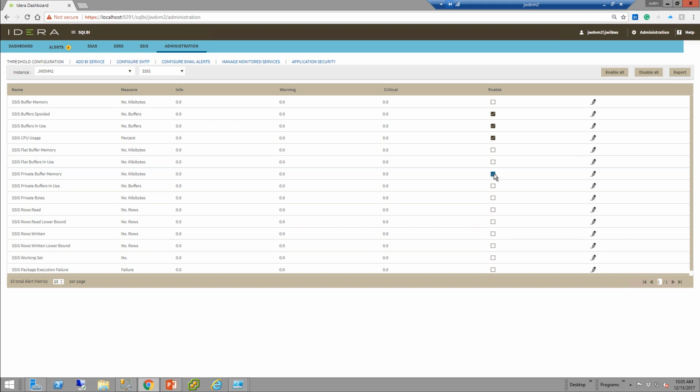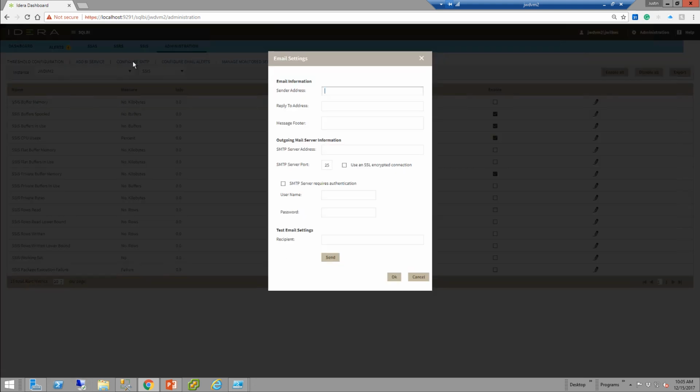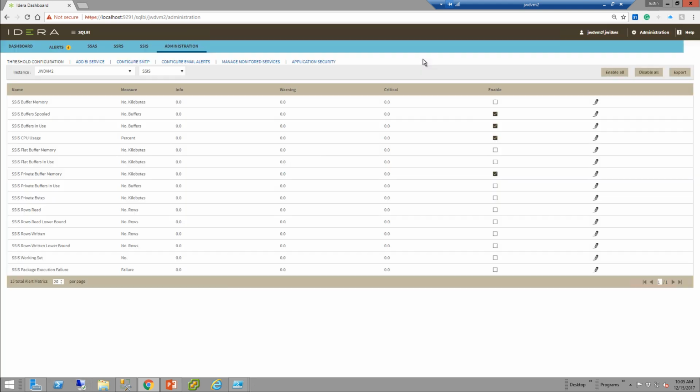Once you've configured the metrics, probably the next step of using this tool is setting up your alerting. So once the metrics are dialed in, you'll want to go to configure SMTP, which allows you to set up a mail server. Once you've added your mail server settings, then you'll want to go to